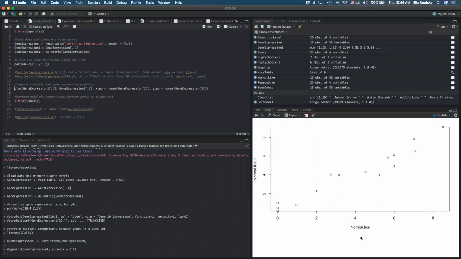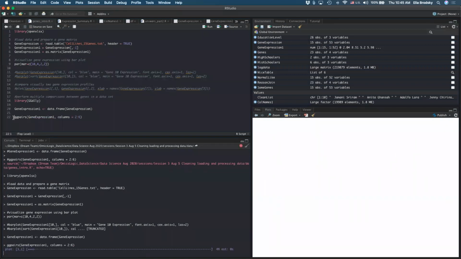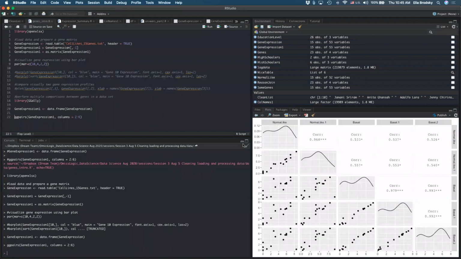So if both of these are normal-like, I expect my expression values to be highly correlated, right? We can further see that with actual correlation, right? So here we further then did something that looks like this. And we saw that, for example, normal-like and normal-like has a good correlation value. But if we look at normal-like versus basal, that correlation value is lower, right?